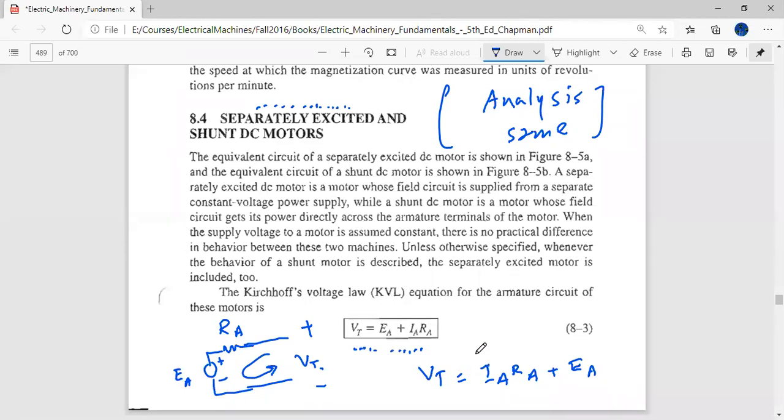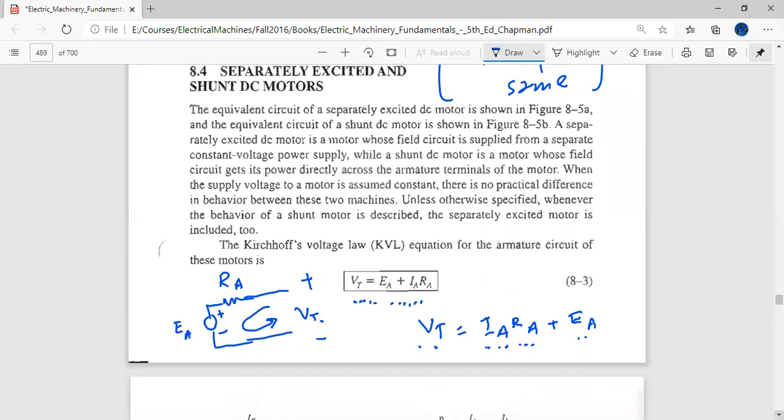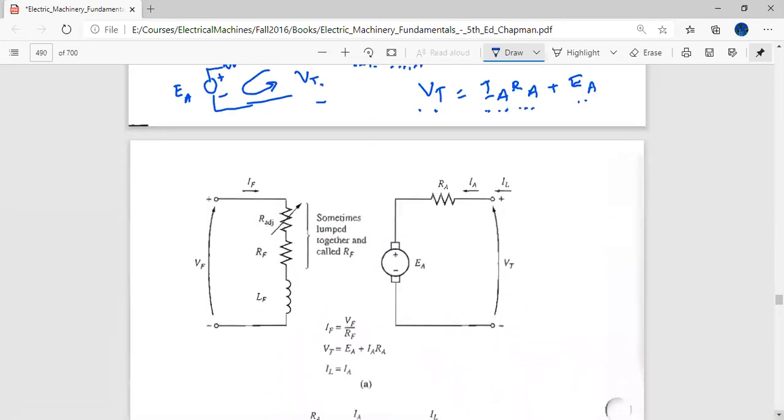Similar equations we were dealing with in the synchronous machines. So this is very much similar to the equation of a synchronous motor. In the synchronous motor also, the applied voltage was equal to the sum of the armature drops plus the armature induced EMF, which was opposing the supply EMF. But the only problem in the synchronous machines was that all of these quantities were vectors. So these were not simple numbers, but complex numbers. They had a phase part and a magnitude part, due to which we could also draw the phasor diagram for this. But over here, things are very simple. This is just a linear equation, and it can be solved much more easily than going into complex algebra.